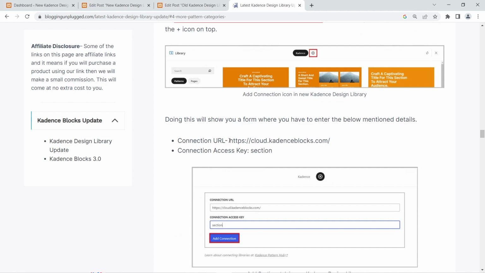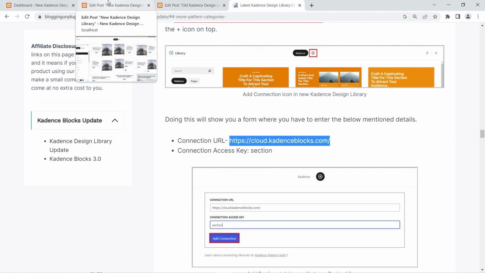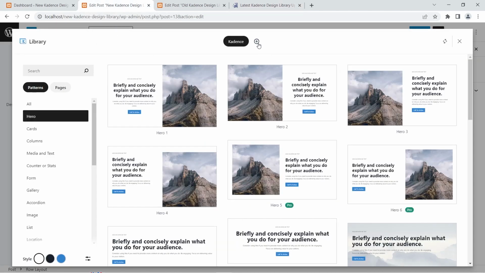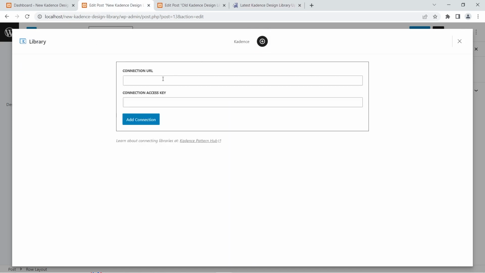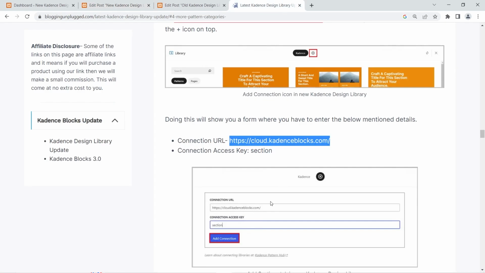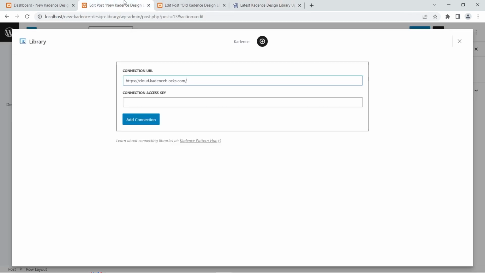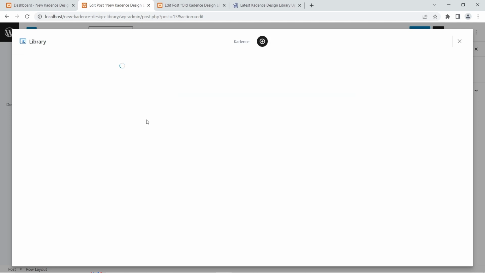So what I'm going to do is I am going to copy this right here, the connection URL, and then I'm going to head over to the new Kadence Design Library and click this plus icon right here. I will add the connection URL in the connection URL section, and then what I'm going to do is I'm going to copy this section right here and paste it right here. Okay, then what I'm going to do is I'm going to click add connection,